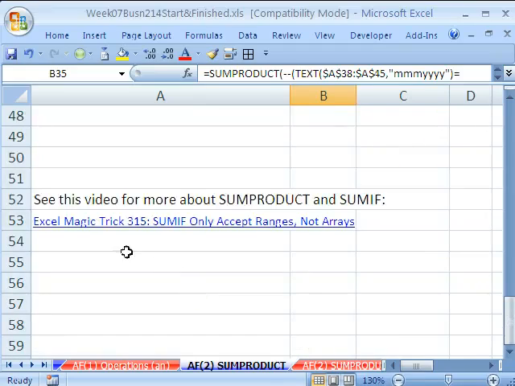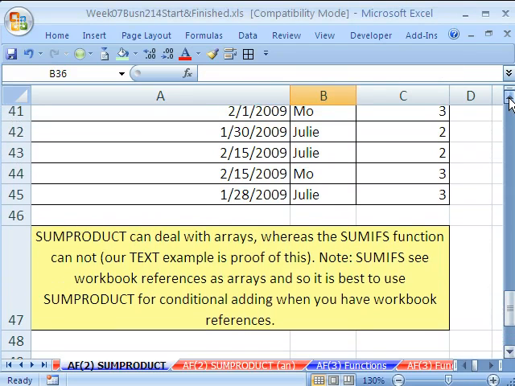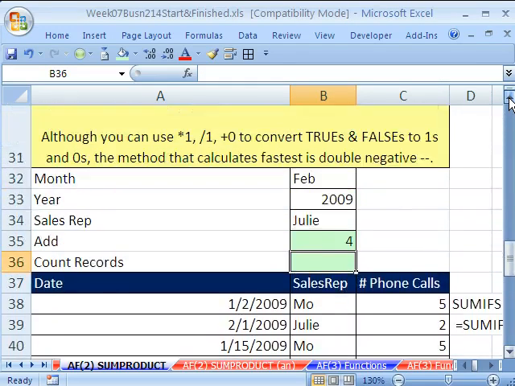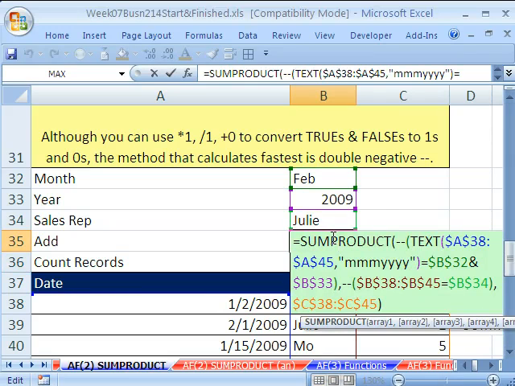And that is in a video. You can watch this video right here. But when you have workbook references, meaning you're doing SUMIF to another workbook, it won't work because SUMIF will think that the workbook reference is an array, and so the SUMPRODUCT will work in that situation, and there's a video on that. Now I want to scroll back up here, and we just looked at a great example for adding,